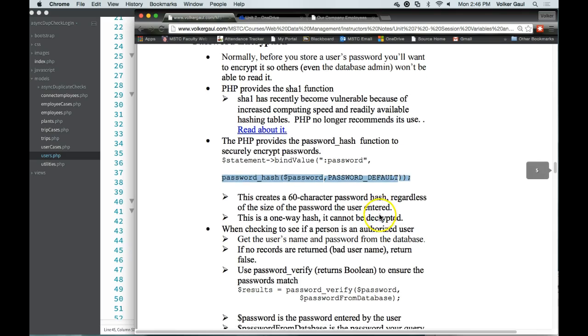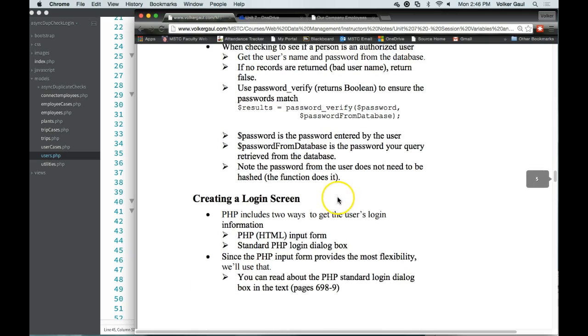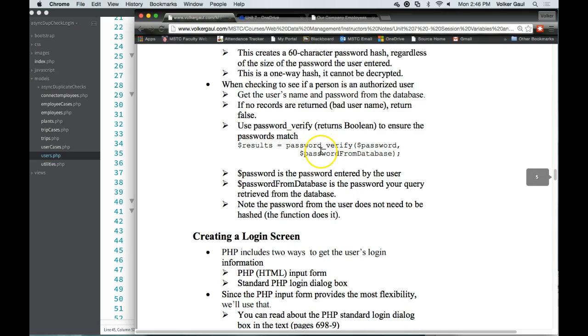So what's more important for us is to reverse the process, and this kind of threw me for a loop. How do we know if what the user types in for a password is the same as the one that's in the database? Well, you just hash it again, right? No. Every time you hash the word sample, you get a different hash. It must be using the clock, Greenwich Mean Time, I don't know, but what I discovered last night is when I said